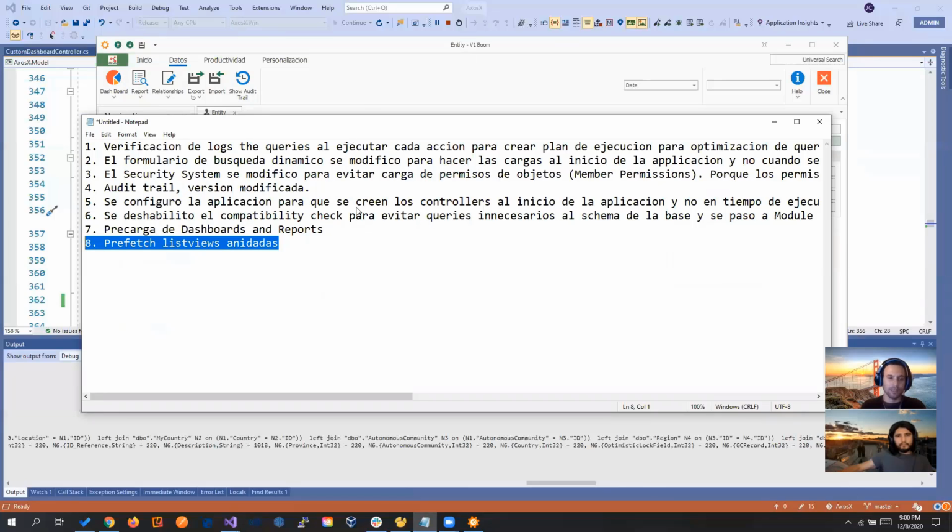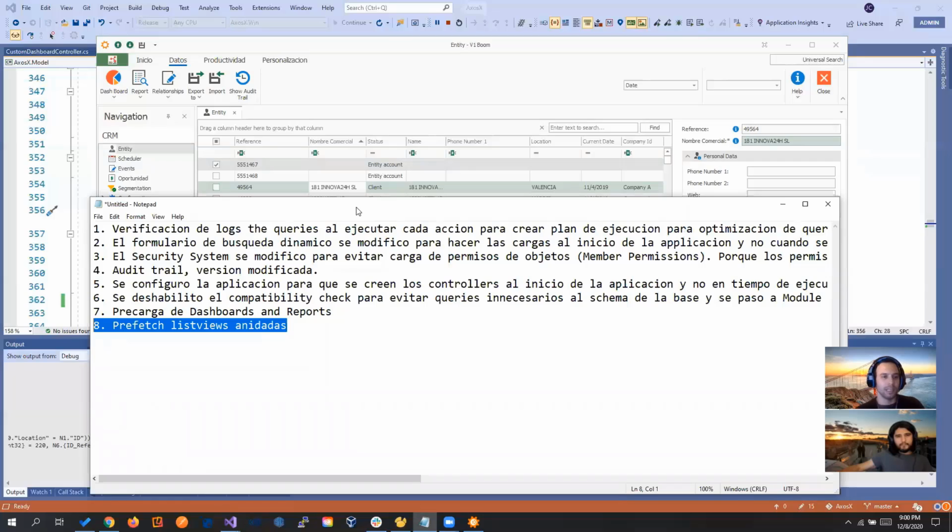And it's in Spanish because, again, this was a project in Spanish, but we can pretty much go through them real quickly. So one of the things that we did, we went to the log and saw every query that was executing every time that we clicked new, that we opened the record on the list view, that we did any action. So we were checking those, and depending on those queries, we were trying to tune the application